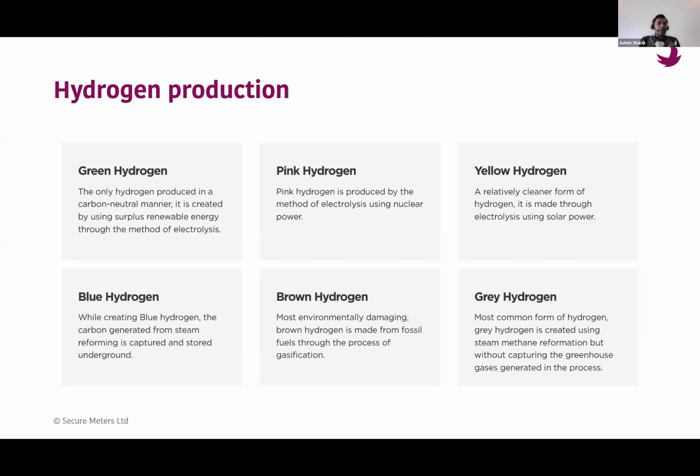And if you're using some kind of underground energy for this process, then it's called blue hydrogen. Brown means you're using fossil fuels, and gray is when you're doing it with methane and things like that. So there are different kinds of hydrogen. Currently, in today's scenario, mostly the methane one is used, and we mostly use fossil fuel based electricity.